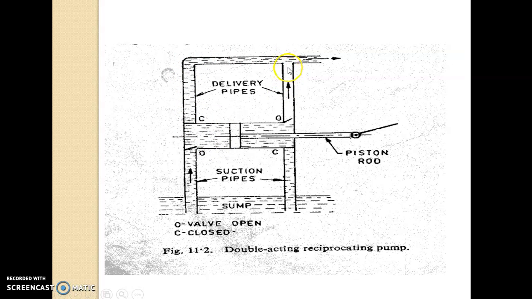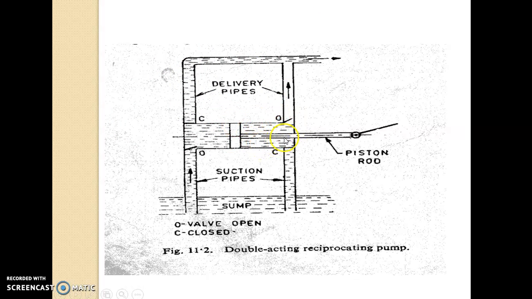That means we have two cases of discharge. So here the discharge will be equal to the cross-section area of the cylinder multiplied by the length of the stroke multiplied by the speed of the crank, that is ALN by 60, plus the discharge